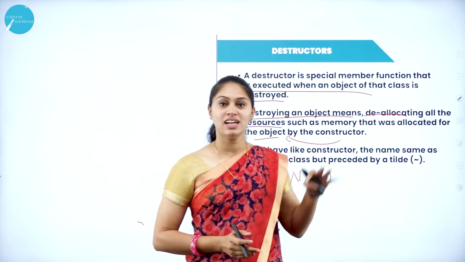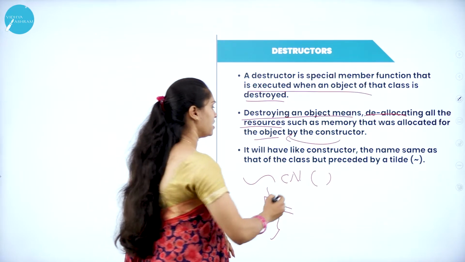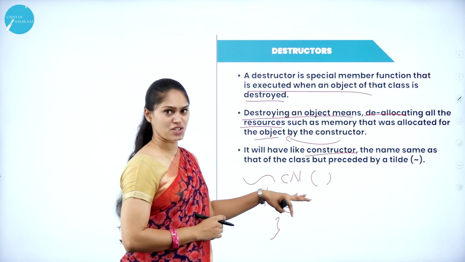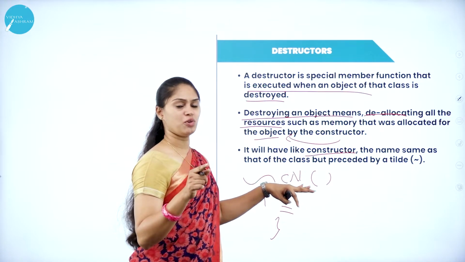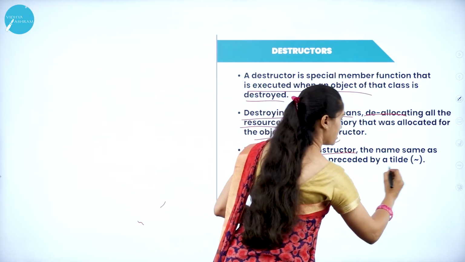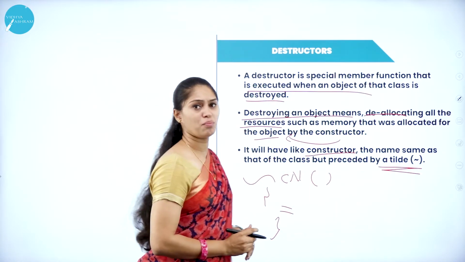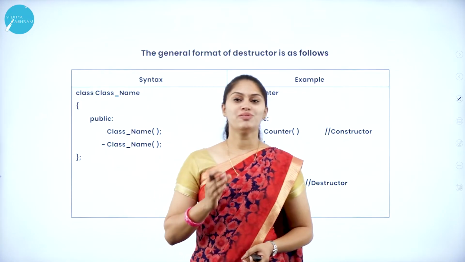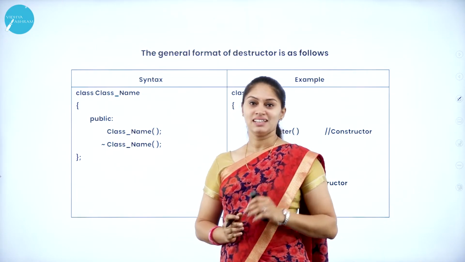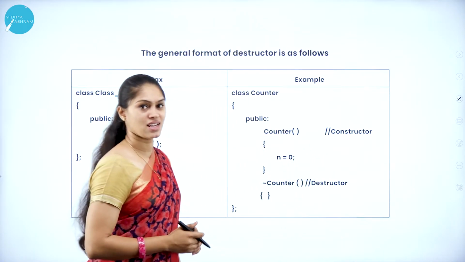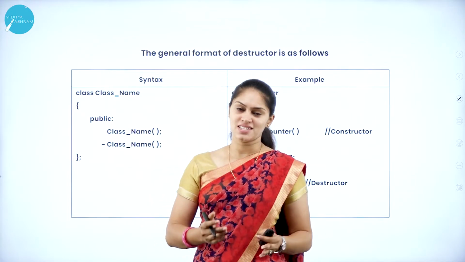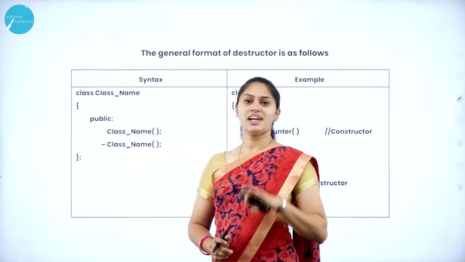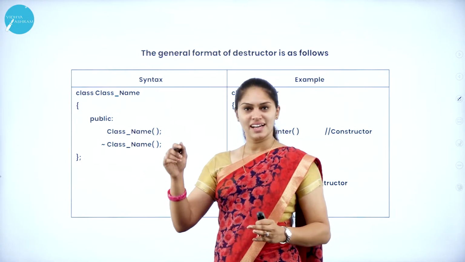That is regarding the destructor. Getting it? It's the same as a constructor. It has the same name as the class, and it is a special member function. But when we are using this destructor, it must be preceded by a tilde symbol. Very, very important question: it must be preceded by what? Tilde symbol. So we'll see the syntax and an example for this destructor. What is the syntax? Just recall the syntax of the constructor. It is the same as the syntax of the constructor, but in using the destructor, it must be preceded by the tilde symbol.